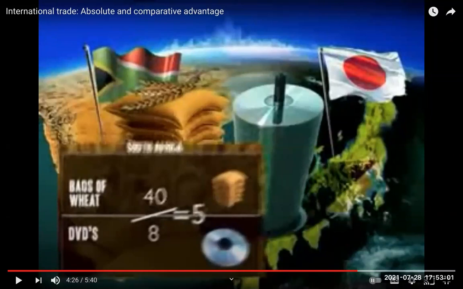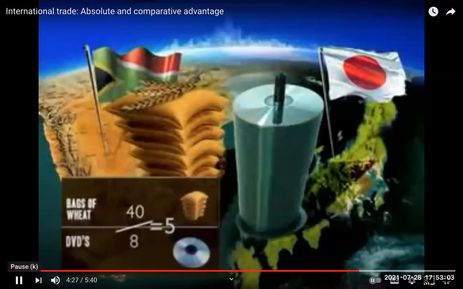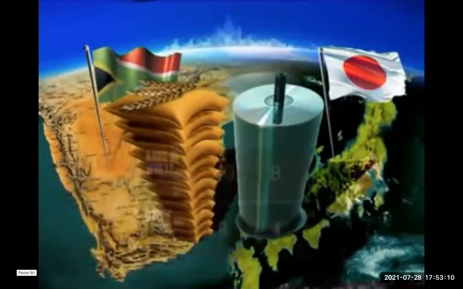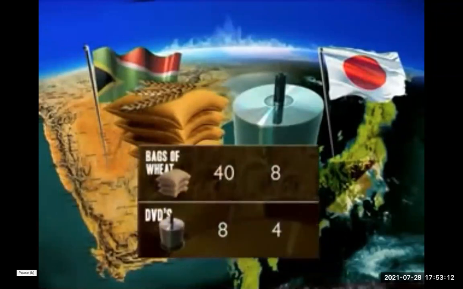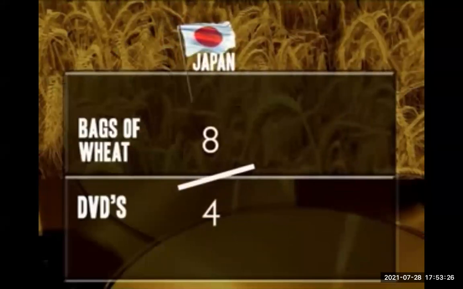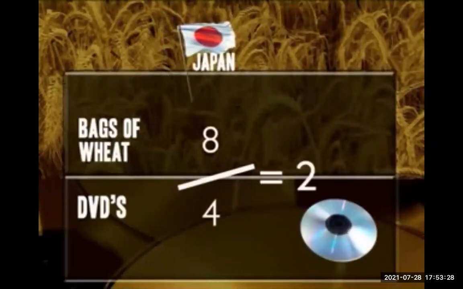So let's just listen a little further. In other words, each DVD we make costs South Africa 5 bags of wheat. Now, over in Japan, if they choose to produce 4 DVDs, they can't produce any wheat because of their limited resources. And if they focus on just producing the 8 bags of wheat, there's nothing left for DVD production. Doing the maths, 8 divided by 4, we can see that it will cost Japan 2 bags of wheat to